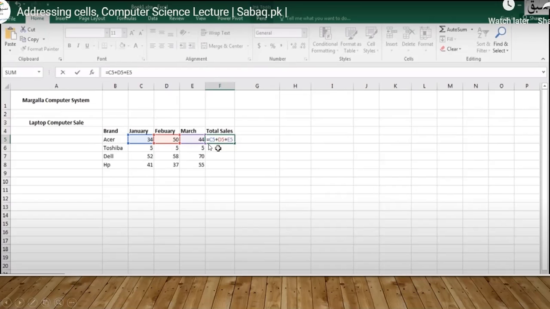First, we will have to write the equal sign in the total numbers cell, and then the formula bar will open. And whenever it is activated, then we will write the formula. What is the formula? See, we can see